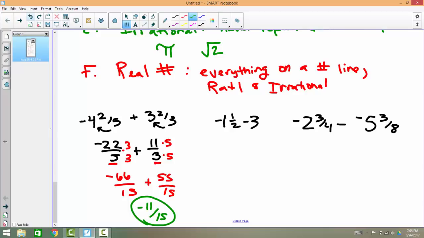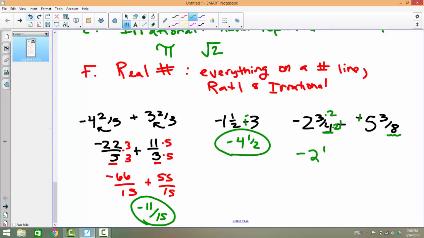All right, in this one, if you do plus and negative, you would get -4.5. And over here, you have minus a negative, which is plus a positive, and the positive is bigger. You can take the 3/4. Remember, you have to have a common denominator, and this one is 8. If you multiply both of these by 2, you're going to get